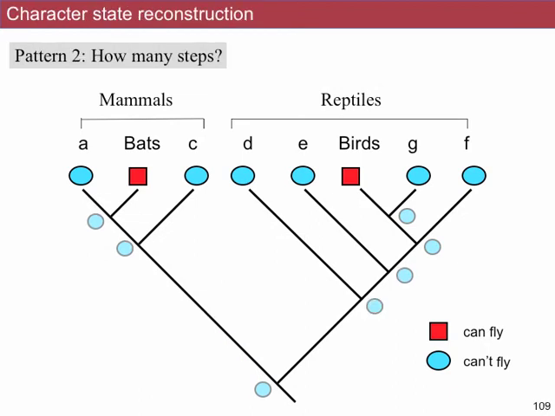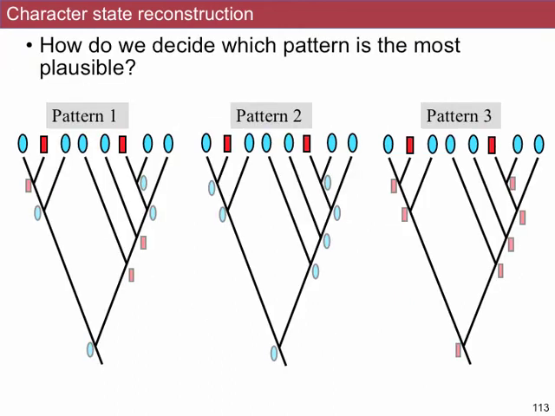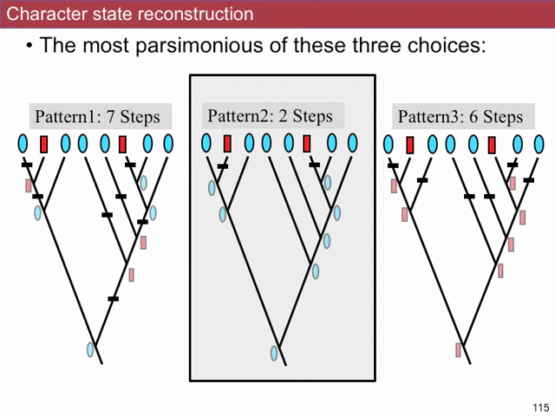So we go to pattern 2. How many steps are required? Just 2. Pattern 3, how many steps are required? 6. So which one wins here with the principle of parsimony? Pattern 2. Given these 3 scenarios, pattern 2 is the simpler in the sense of number of character state changes